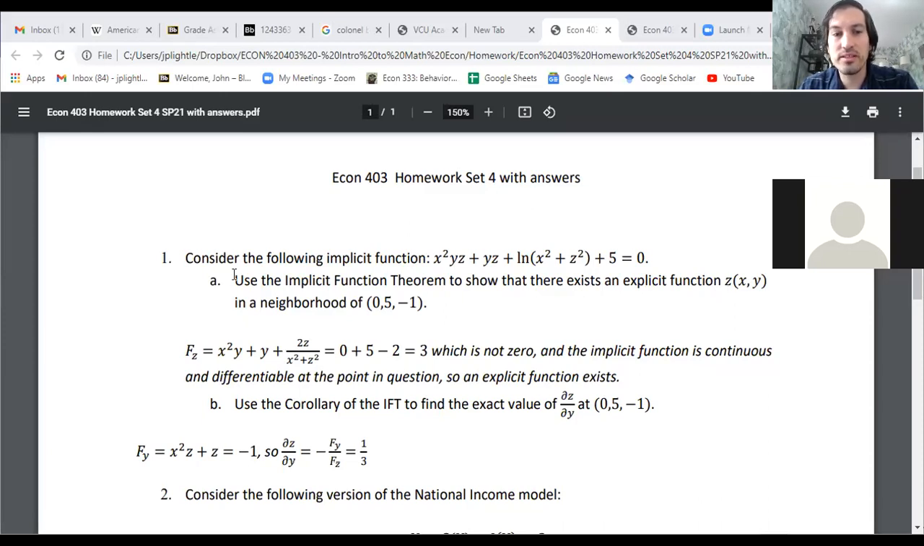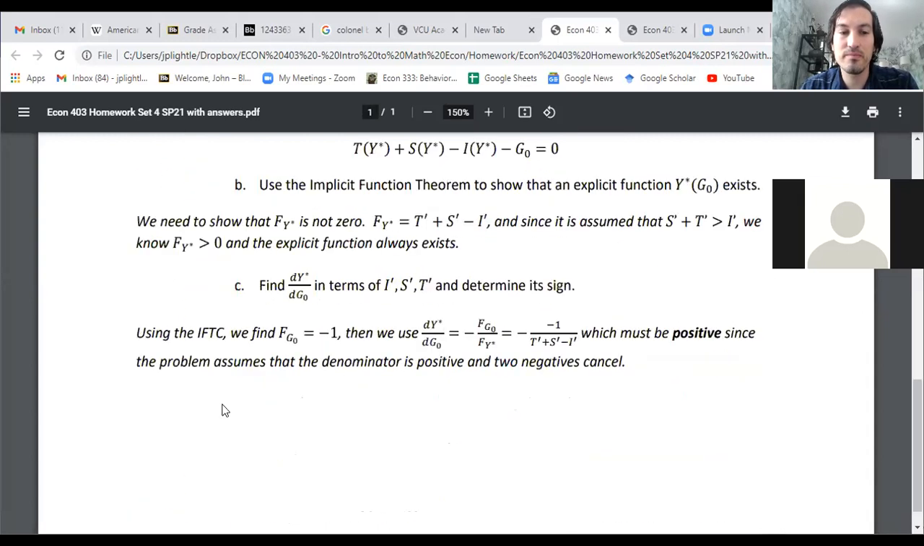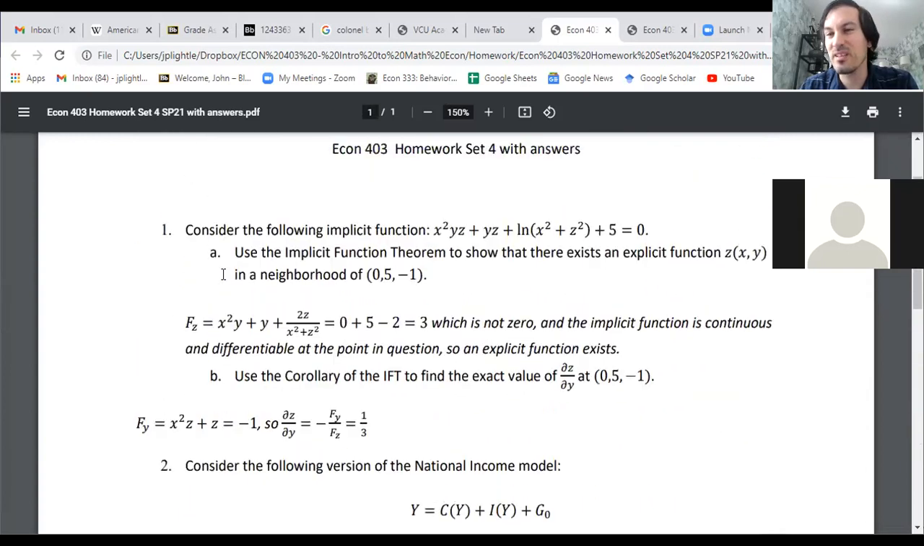And this first question says, use the implicit function theorem to show there exists an explicit function z in a neighborhood of 0, 5, 1. And most people got this idea that what you wanted to do was take the derivative of this implicit function with respect to z and just make sure it's not 0. That was good. There's 5 parts of problems, and I think of them as being 2 points each. So you got almost all of the credit for this problem by saying that,